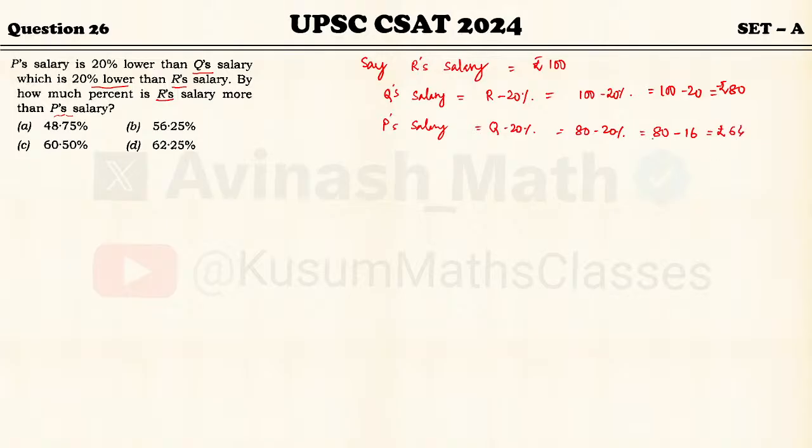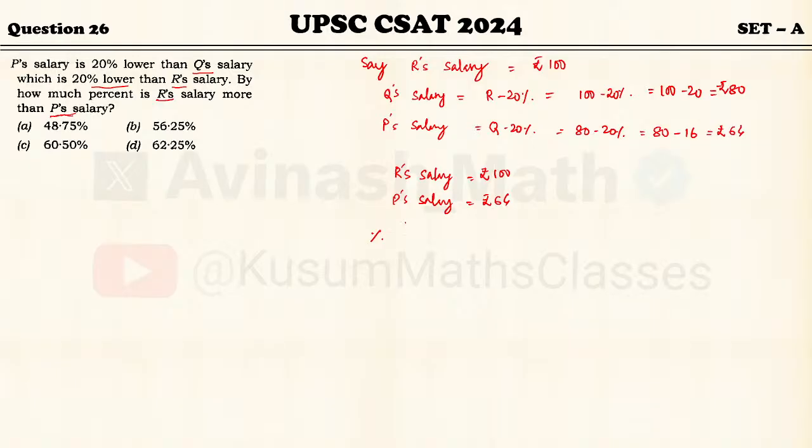So when R's salary is rupees 100, then P's salary is rupees 64, right? The question is asking, by how much percentage is R's salary more than P's salary? So the base is what? P's salary. So percentage